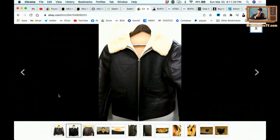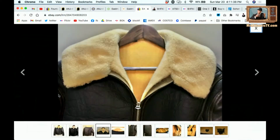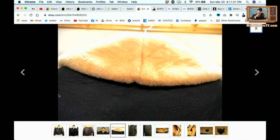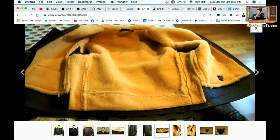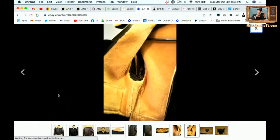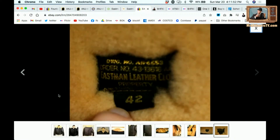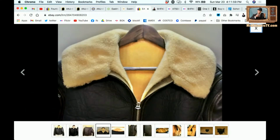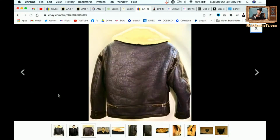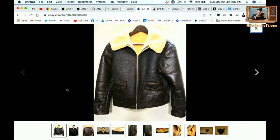Get the pictures going here. This is made in England. This is, of course, a shearling bomber jacket, high end. And this one also retails for around $2,000, current model, still available. It's a reproduction of the last shearling bomber jacket that was used before they went to the nylon jackets. This is right at the end of World War II. This was the last model that they used. Nice coat, my size,